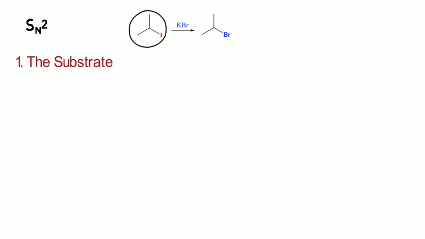Now, let's see what factors affect SN2 reactions. The first factor is the substrate. Recall that we said the nucleophile attacks on the opposite side of the leaving group. If the substrate is bulky and hindered, it makes bond formation difficult because the carbon atom is shielded from approach of the incoming nucleophile. The difficulty of nucleophilic approach increases as the three substituents bonded to the carbon atom increase